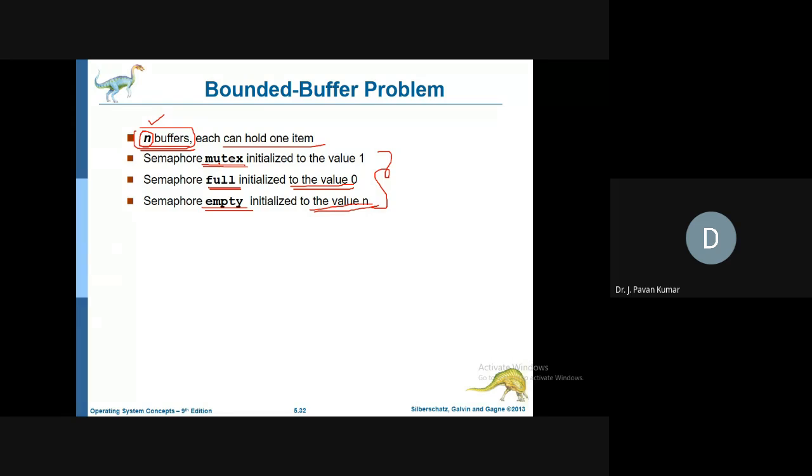Please respond. As we have discussed earlier, there can be two types of semaphores. One is binary semaphore, another one is counting semaphore. Out of these three, are we having any counting semaphores? Yes or no? What are the counting semaphores that we have?